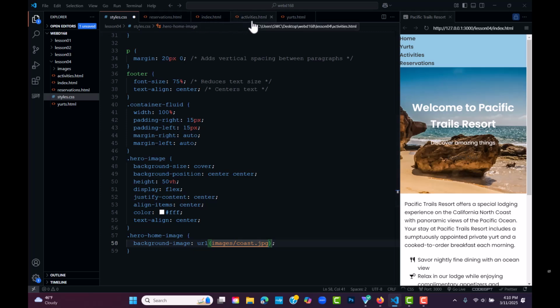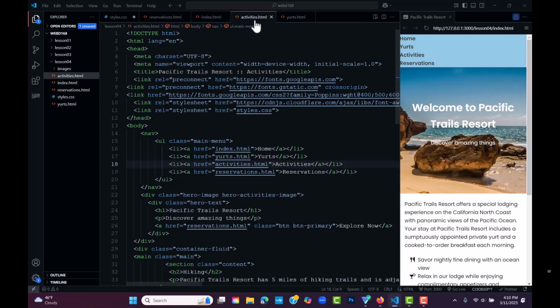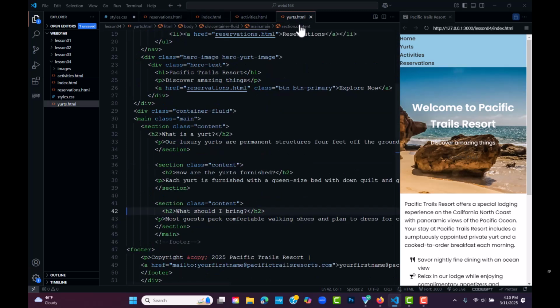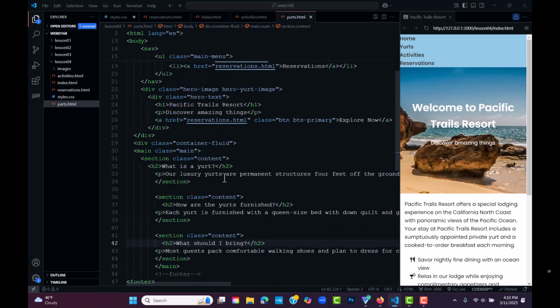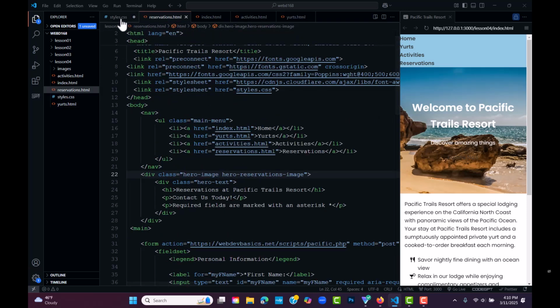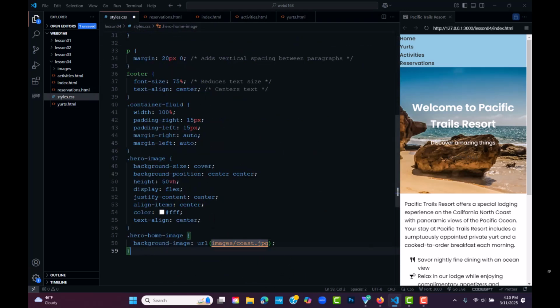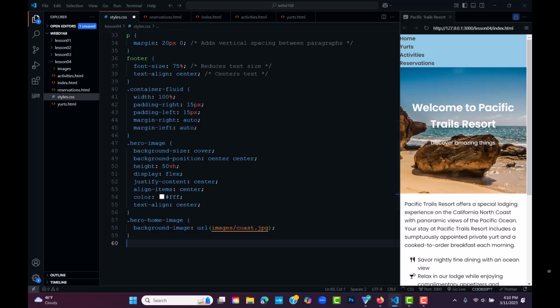You'll have an activities page in here. So here's your activities page, and notice it's got an image in here. It's called Heroes Activities, and your Yurts page has one that says Yurt, and then Reservations has one as well. So let's go back in here. We'll just add those in while we're creating these hero images. So hero, Yurt, image,